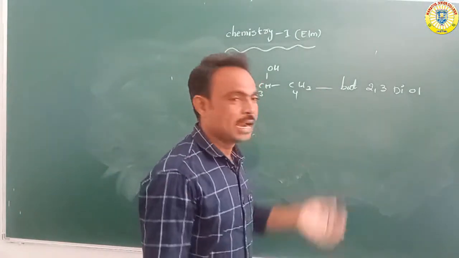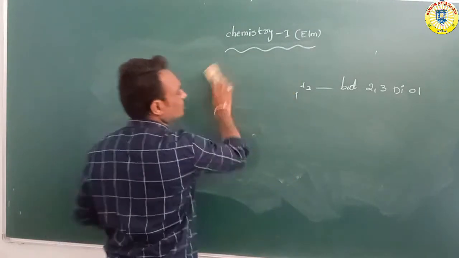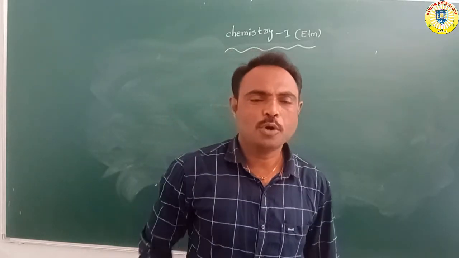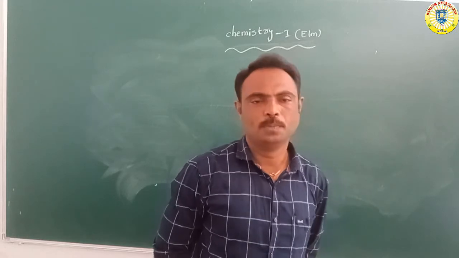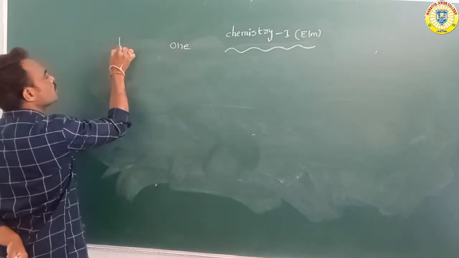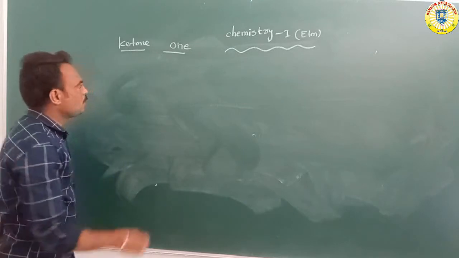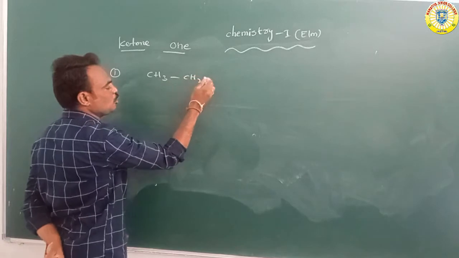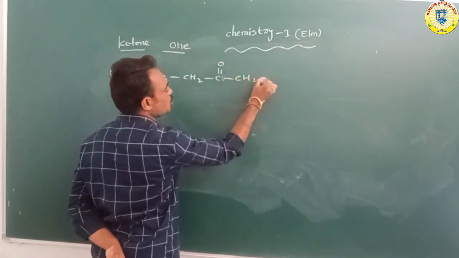Okay, so that is another example. Next further, suppose a carbon compound is attached with the ketone functional group. At that time, which word do we write? The "one" word, so ketone takes "one". Suppose for example CH3 bond, CH2 bond, carbon double bond O, CH2 bond CH3.